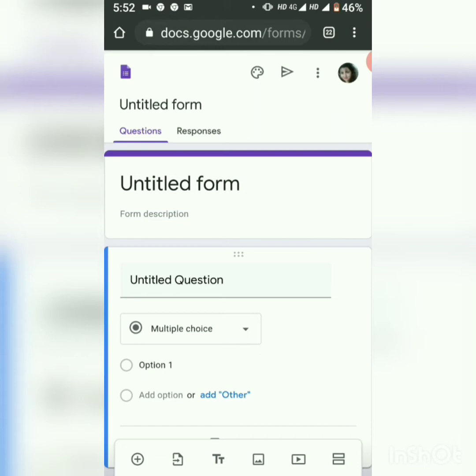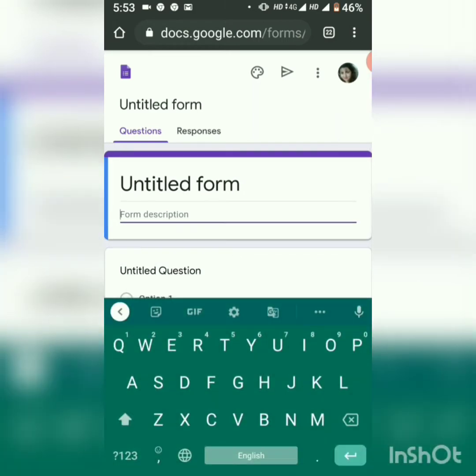After that, in the form description, you have to write down all the things that you were mentioning in the question papers you set in the last session. So: Army Public School Dhar Road, session 2020-21, midterm examination, and after that subject, time duration, maximum marks, and class. All the things are the same as the way you were doing for setting your objective question paper through Google Forms, but there are things to be implemented while setting the subjective paper.